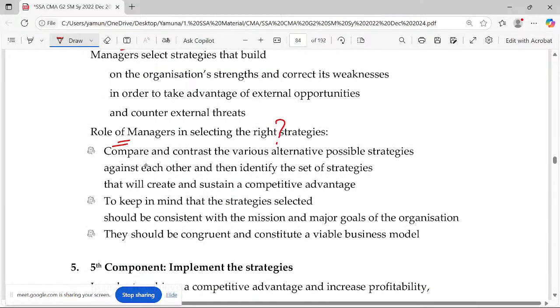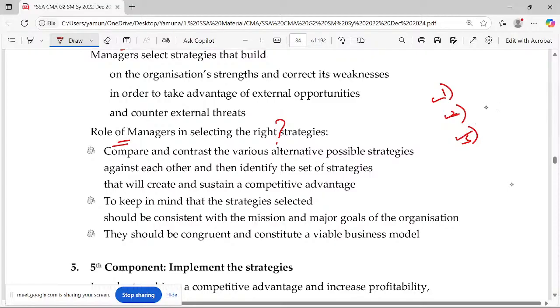What they do is, directly they are not going to select one strategy. They will go for defining the alternatives. So probably they will define plan A, plan B, and plan C. And among the three strategies, they'll check which one will be most suitable because they are going to execute in the current environment. Even though they are going to plan about the future, they are going to execute in the current atmosphere, because the current analysis is about the current atmosphere. So they're going to execute it now, immediately.